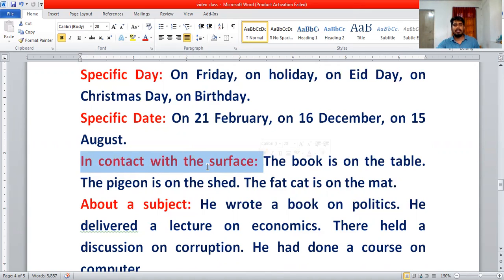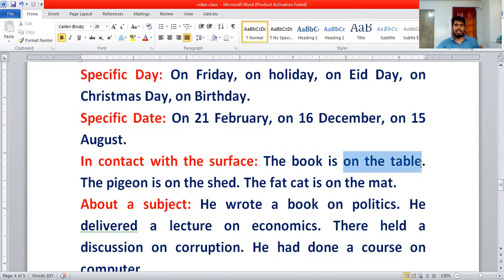When something exists in contact with the surface of a thing, we have to use the preposition on in order to suggest something that exists in contact with the surface, such as the